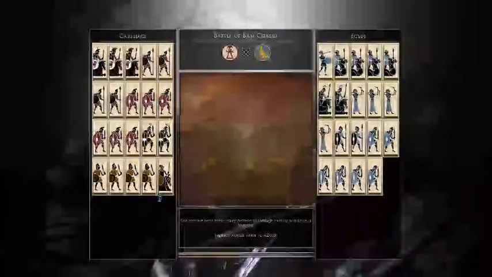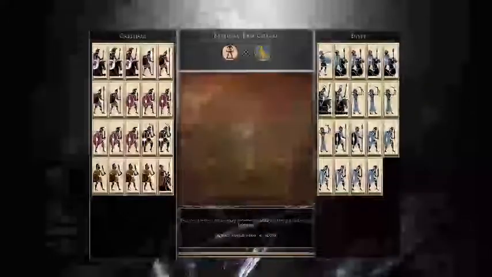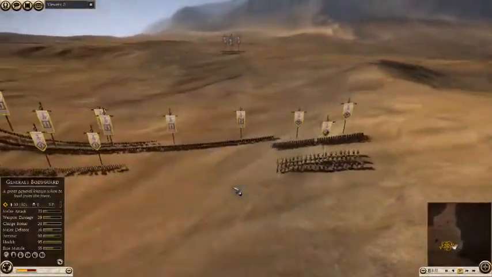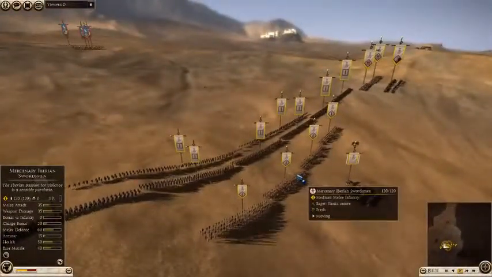Hello, Maximus here with a rather fun matchup, I think, between Egypt and Carthage. You can see our builds here. For Egypt: 4 camel spears, 4 archers, 6 Thureos swords, and some Ptolemaic cavalry. While I brought a Carthaginian rush build consisting of